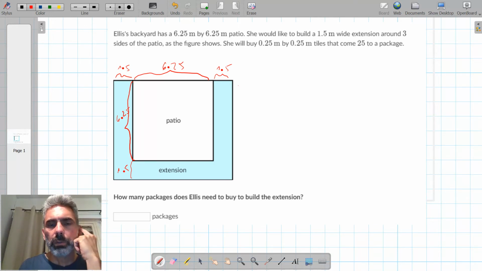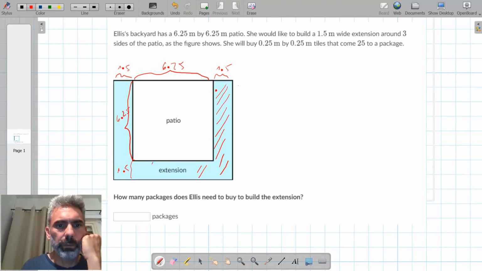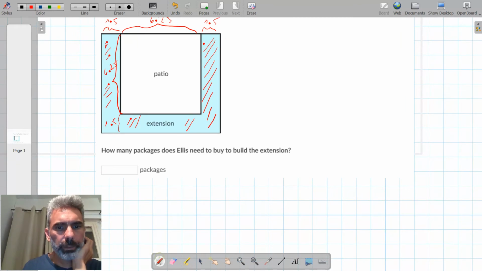Okay. So first step is to calculate the area of the extension. To know the area of the extension, we need to calculate the entire area of the patio with the extension and then subtract the area of the patio. So the entire area